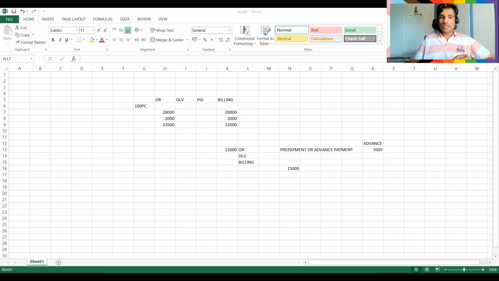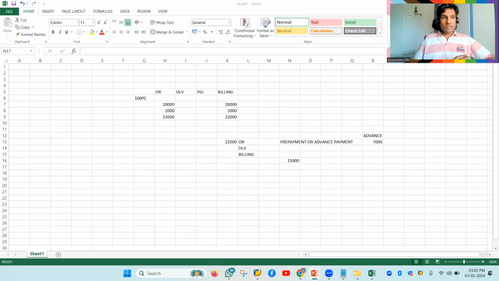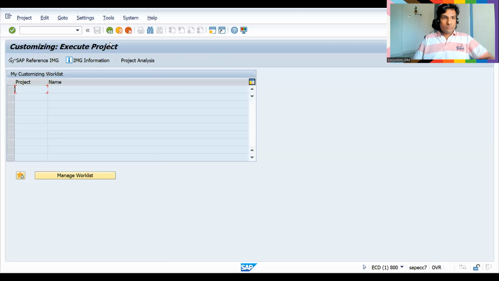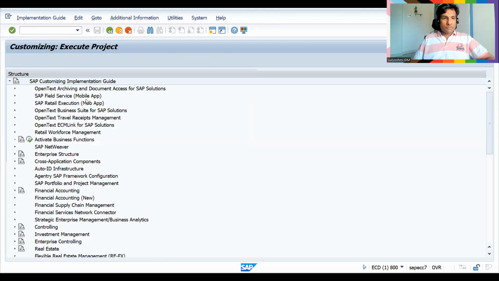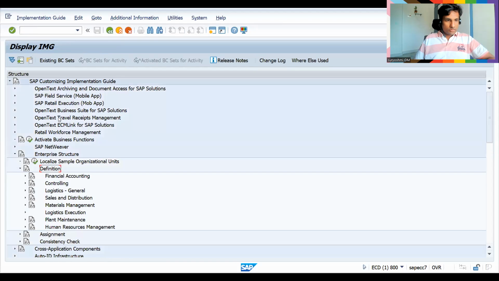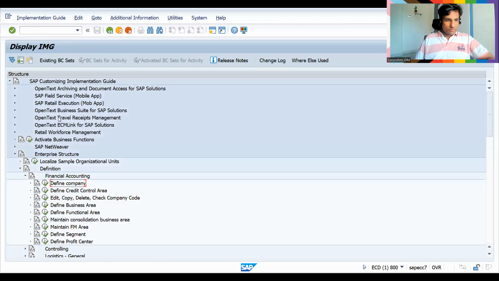That's why we're going into the system. Let's go. SPRO, Reference IMG. Let's do all the pre-setup now. Let's go to enterprise structure, then definition, financial accounting. For this org elements creation and whatever setup I'm going to do, I'm not going to give